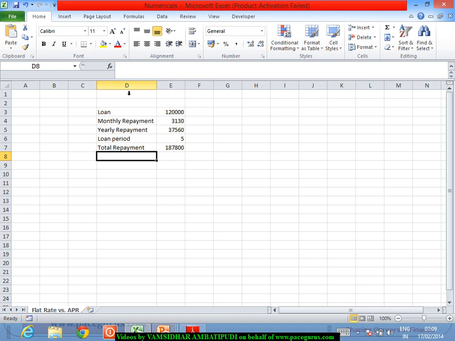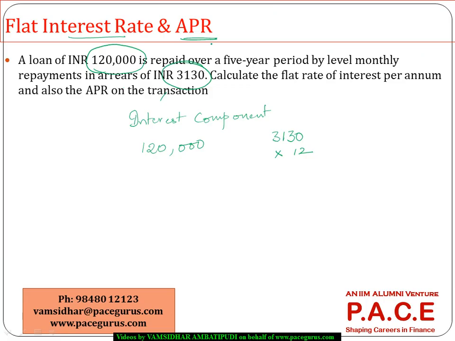187,800 being the total repayment, out of which 120,000 is the principal. So the remaining is what is constituting the interest. So 187,800 minus 120,000, so 67,800 is the interest portion of this loan. Okay. Interest portion is 67,800. Now for computing the flat interest rate, all we do is, because this is the interest, we will simply take it as